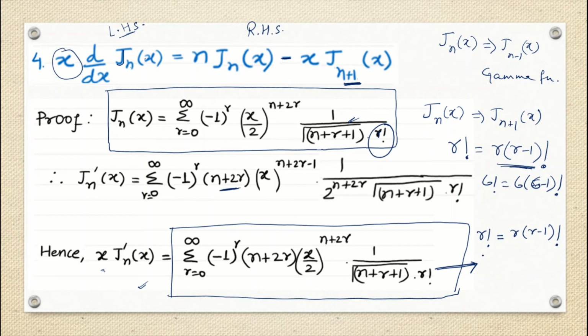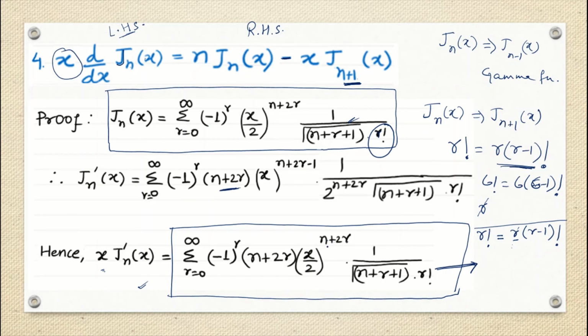And what next I will do, if I'm doing in this fashion, so 1 r will be in my denominator, and this r, if I will get somehow in the numerator also r, so I will cancel out this r with this r. Okay, so this should be the way to start with, right?